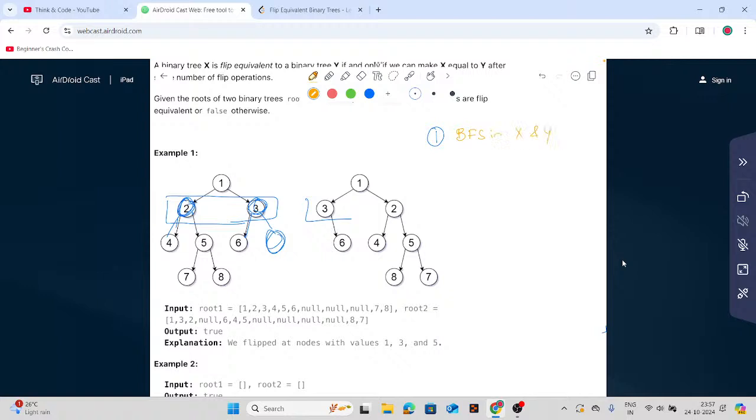For that, we need a data structure. A data structure I'm writing in blue. There will be a Q1 and Q2, which will be storing tree nodes, the nodes of the tree. And here also, it will be storing the tree node in the queue. Standard BFS thing. So if you're not aware of BFS, just see how I code it and you will get it done. And the next thing, basically the next logic is about,